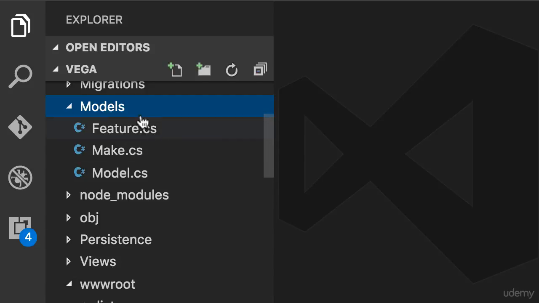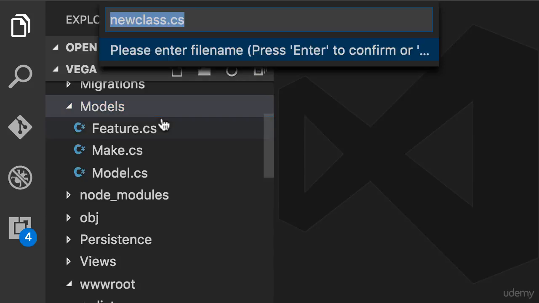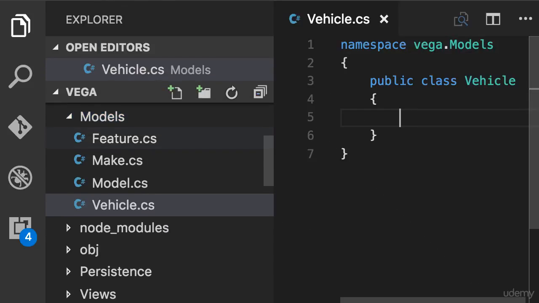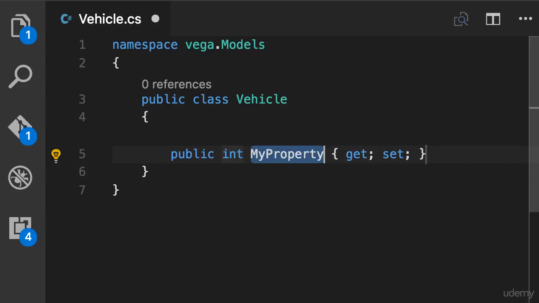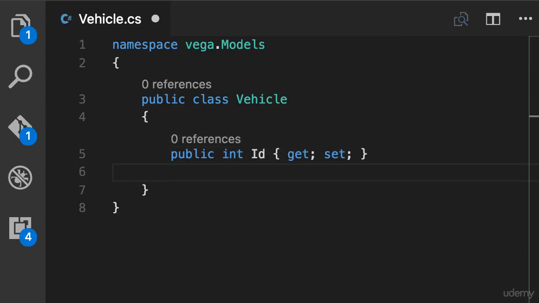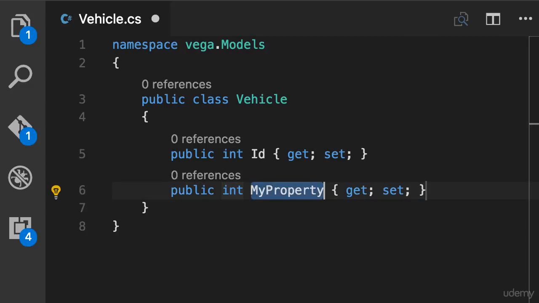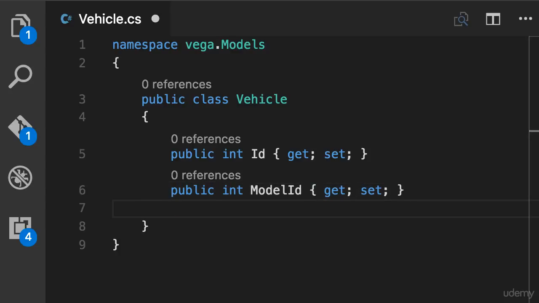Okay, so in the models folder, I'm going to add a new class, Vehicle. Every entity should have an ID, so prop int Id. Now our vehicle is going to have a model. So first I add the foreign key property, prop int ModelId. And then I add the navigation property,